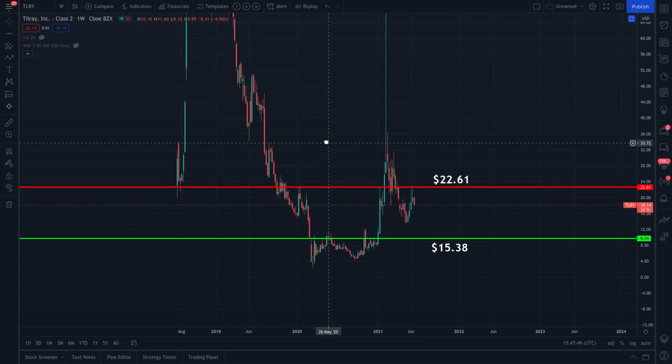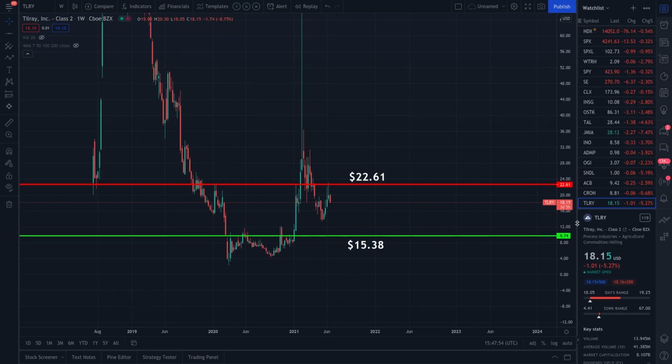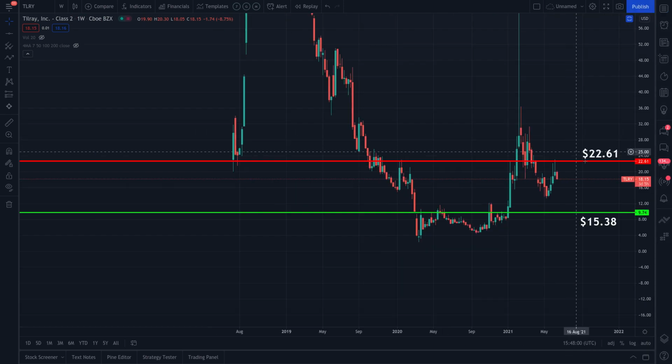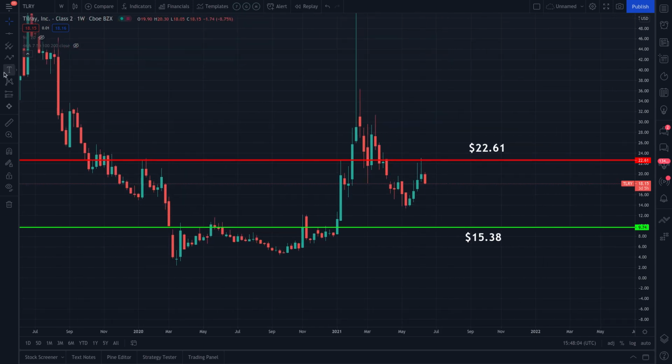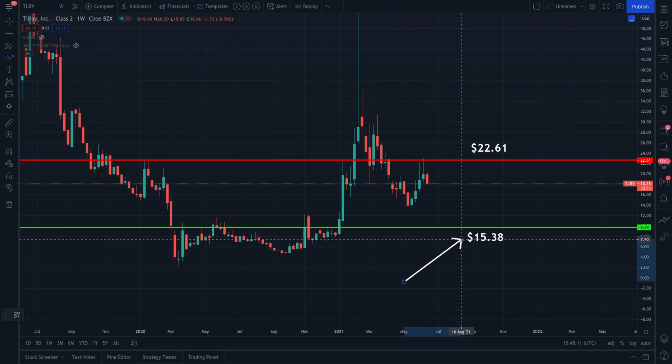So the current price of Tilray is going to be $18.15, slightly negative, approximately 5.2% for the day. So the range, we have this range on the chart for some time. It's going to be $22.61, pretty obvious on the screen there, right? $22.61 is a potential resistance, and $15.31 is a potential